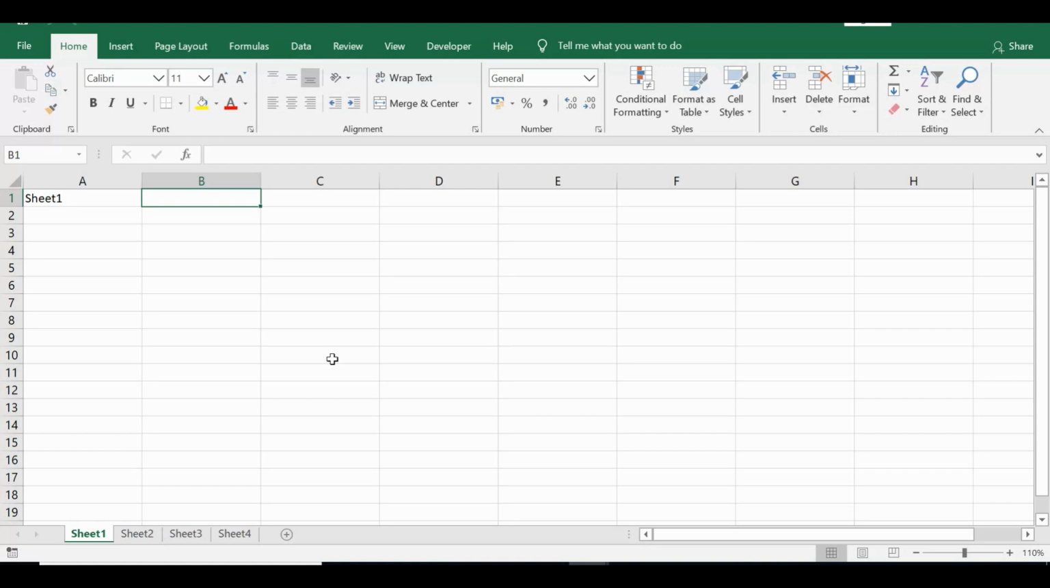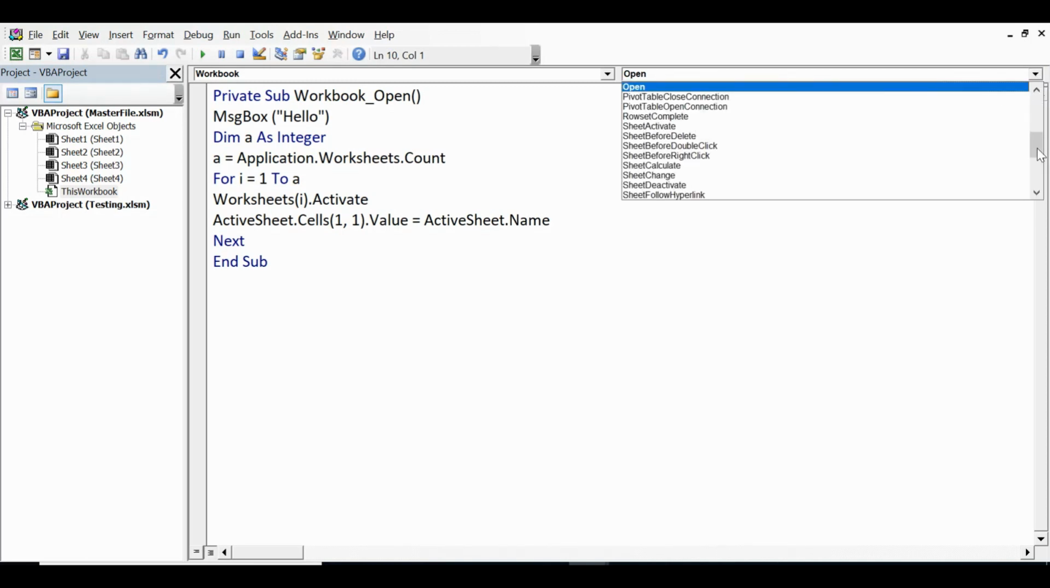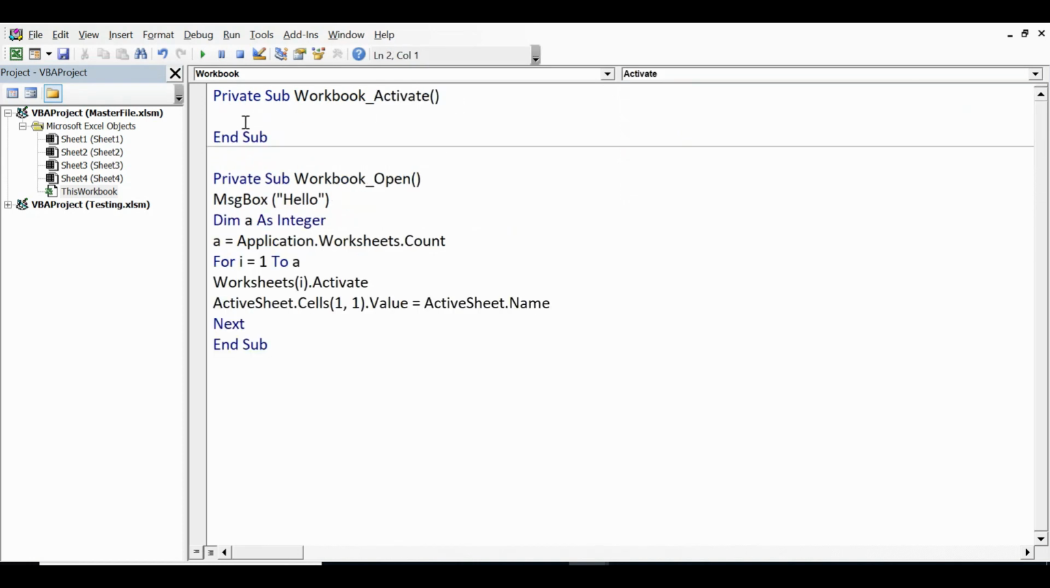Let me press Alt F11. I have already selected first workbook, which is master file. First drop down, I have already selected workbook. Here from second drop down, let me select activate. So here between these two lines, whatever code I write, that will be executed once I activate this workbook. So let me write code as